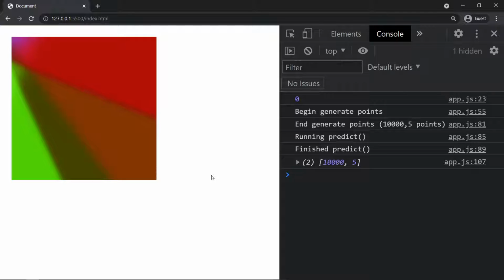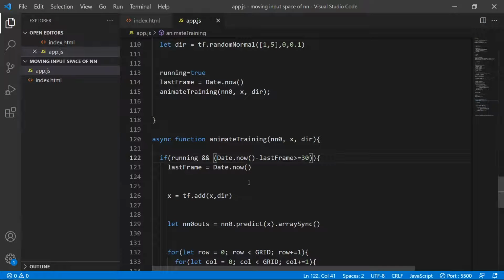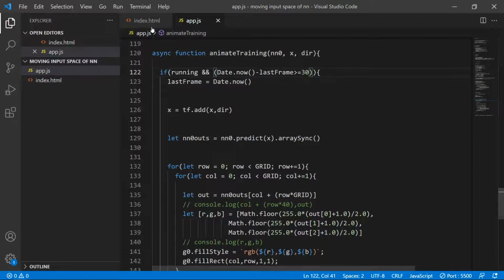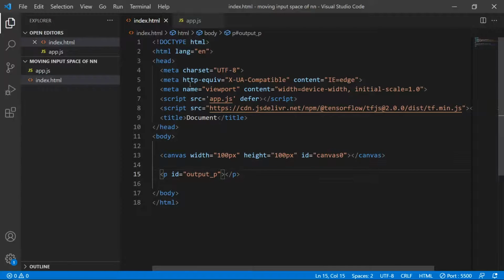Yeah, it would be good to see what the actual maximum and minimum grid points are, so we know what range in the grid we're in. But I mean, this is working. Yeah, let me see if I can print the upper left value of the grid. I think I can use this output P